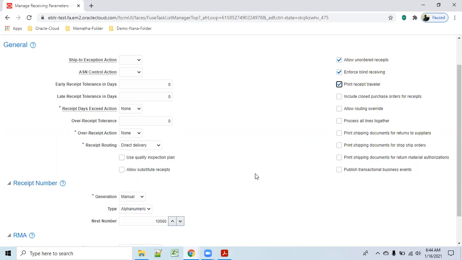Okay. Allow substitute receipts. What does substitute mean? Here we only receive routings, so you have to know this, because sometimes they will ask what is an unordered receipt and what is a substitute receipt. Say you ordered one mobile, series some thousand.